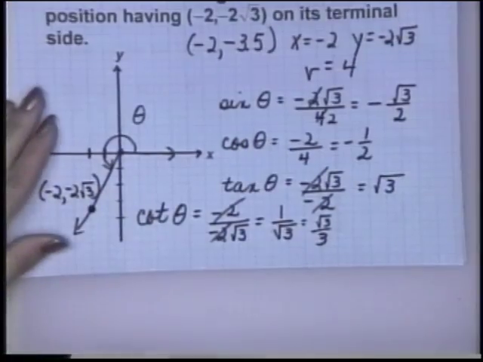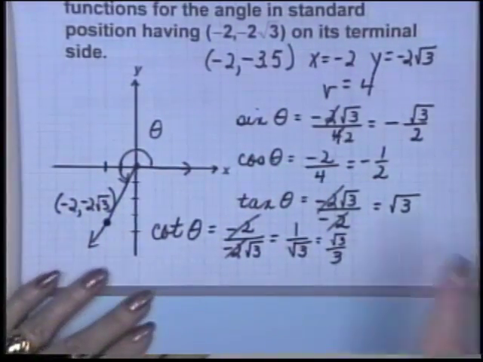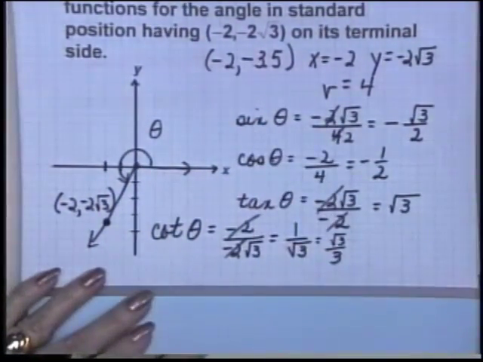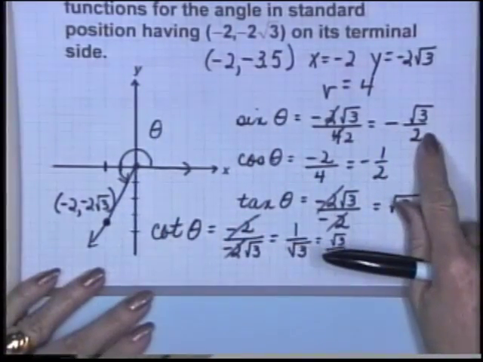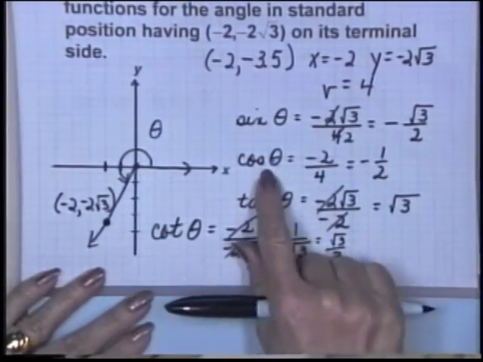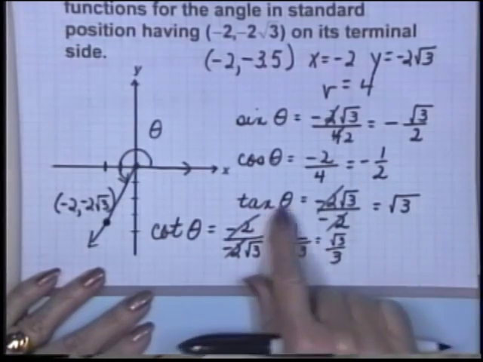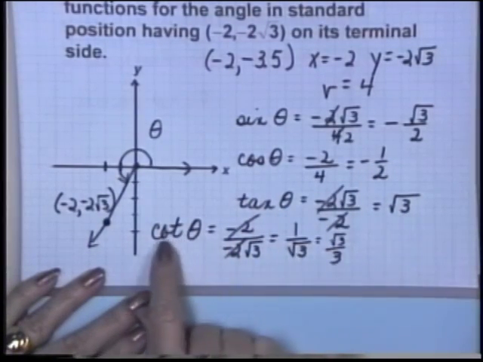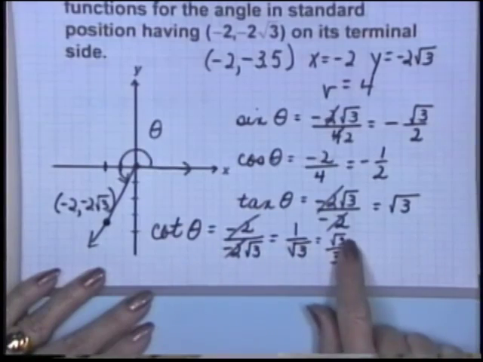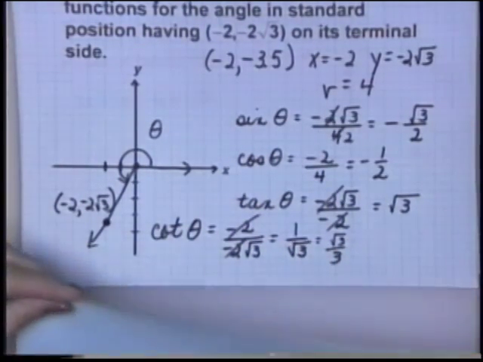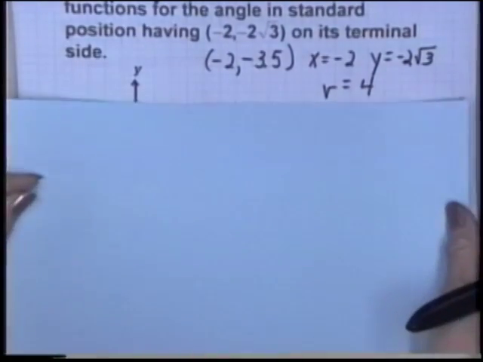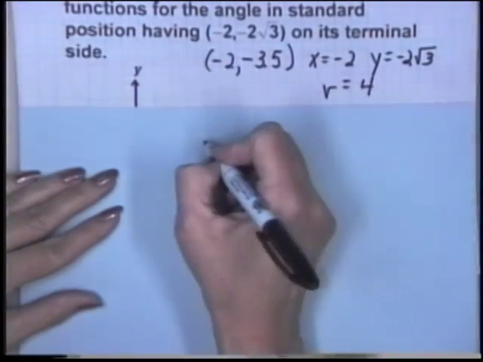Now, let's see, I only have 4 of these, don't I? Be sure you know the 4 I found, because I'm going to have to cover this up. Sine theta is negative square root of 3 over 2, cosine theta is negative 1/2, tangent theta is square root of 3, cotangent of theta is square root of 3 over 3, and what I want to find then, it doesn't really matter what order,